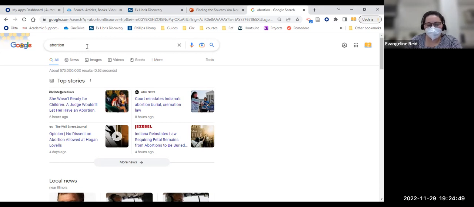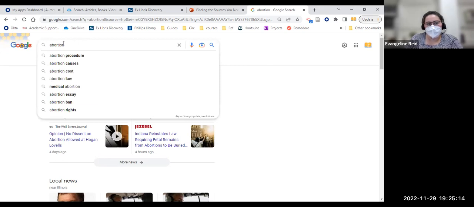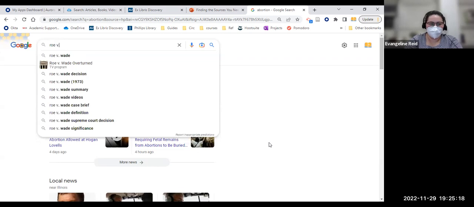So for example, we might want to think about what types of things we might think would be a pro or a con. Some of the hot topics we might be looking for would be things related to ethics, as well as things related to women's healthcare. And so what we could do would be search for those specific topics. It looks like you mentioned Roe v. Wade. So let's look up